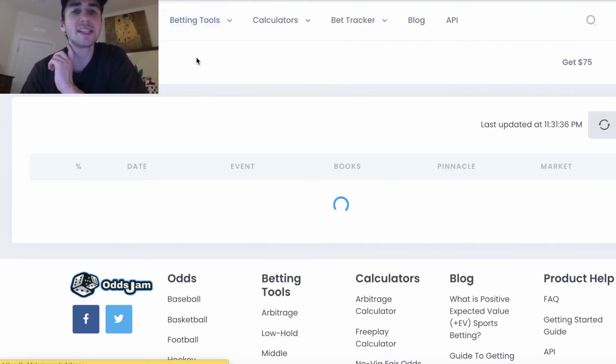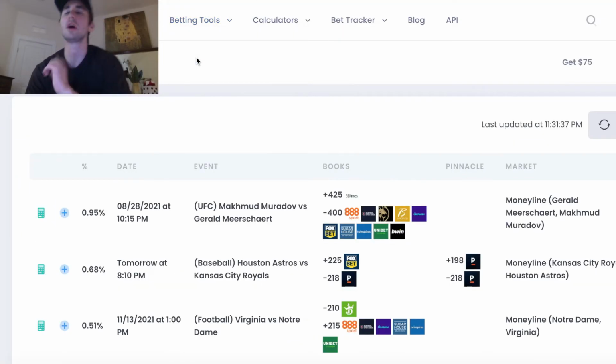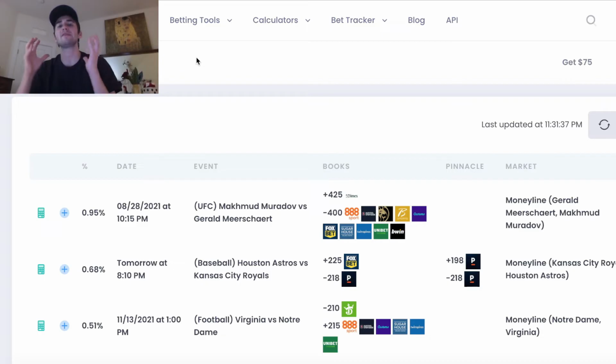So this is the key to understanding arbitrage betting. It is understanding that odds are always moving and books have different odds. That is fundamentally why arbitrage exists in sports betting. Sportsbooks have different odds, and when they get too far out of sync, there will be an opportunity for sports bettors to place a risk-free bet and earn a return on capital.